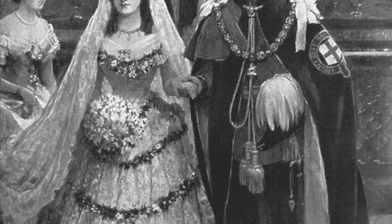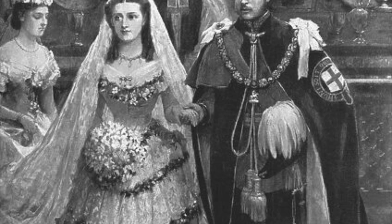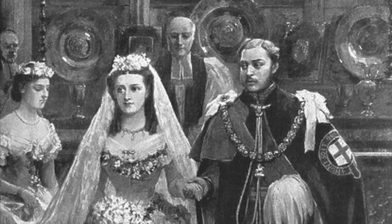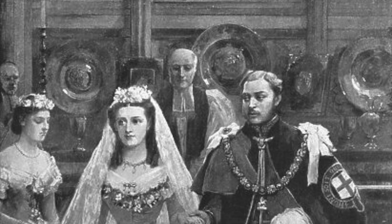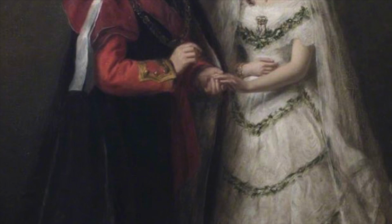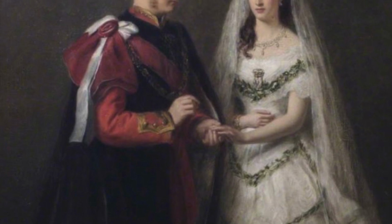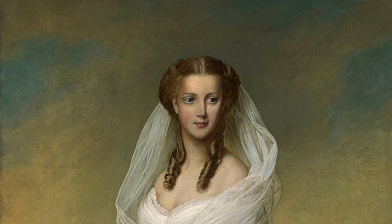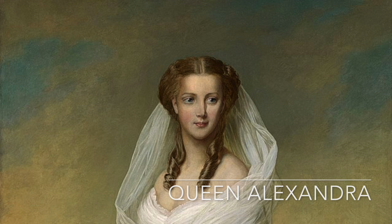Wedding dress of Queen Alexandra. On the 10th of March 1863, Princess Alexandra of Denmark captivated the world when she married Albert Edward, Prince of Wales, in a wedding dress that would etch itself into royal fashion history. Her gown wasn't just a piece of clothing, it was a symbol of her style and the cultural significance of